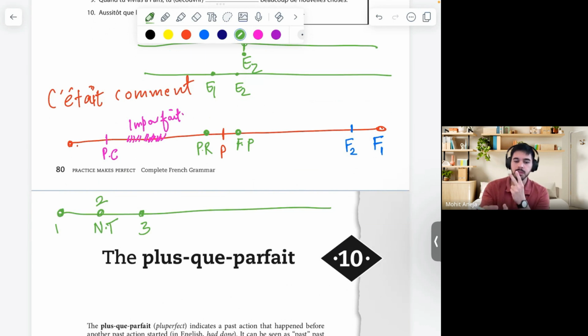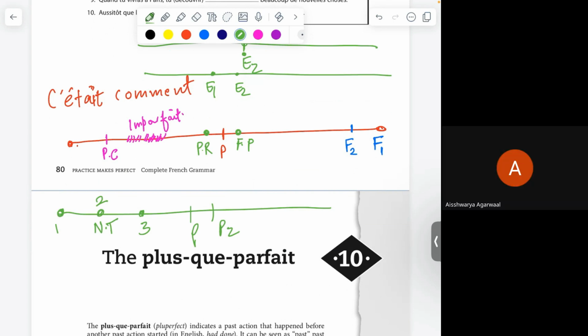अब उनमें से जैसे हमने फ्यूचर में किया था, F1 F2 थे, right? F1 F2 में we had to place two tenses that we learned. One was future simple and one was future antérieur. The same way we have to place two tenses in the two events that are happening in the past this time, ठीक है? P1 P2 मान लो. तो वो events में कौन सा tense किसके लिए applicable होगा वो हम आज सीखेंगे, ठीक है?